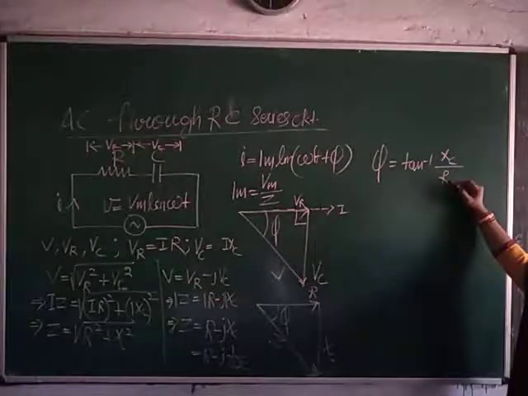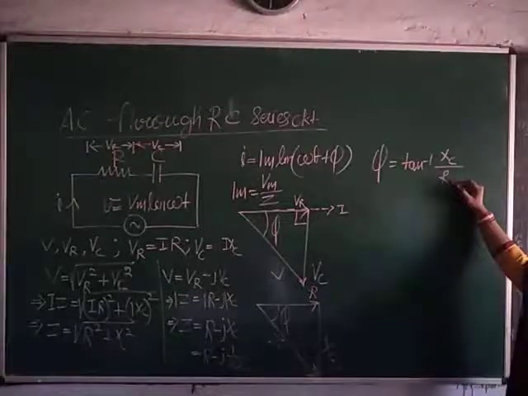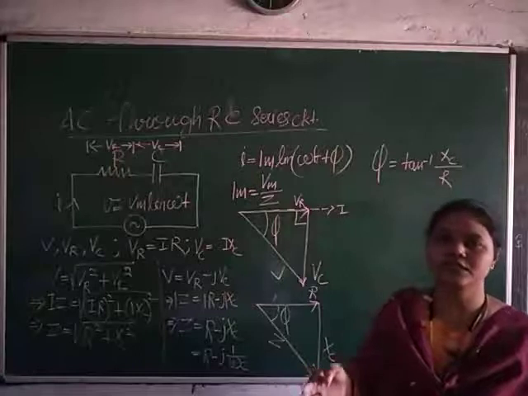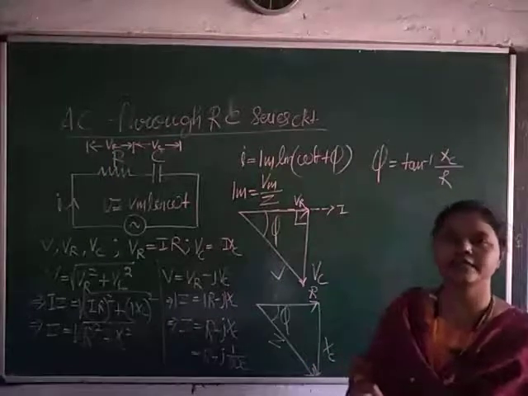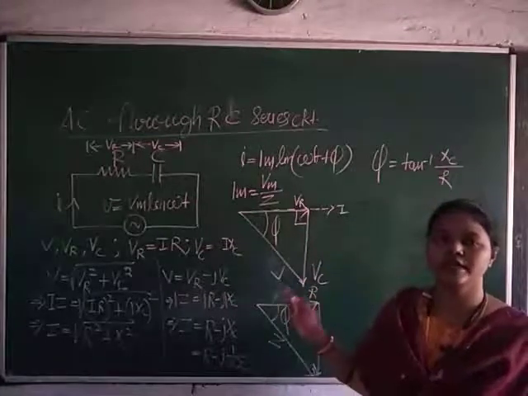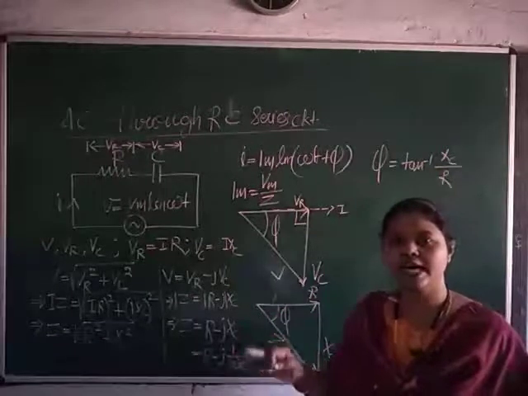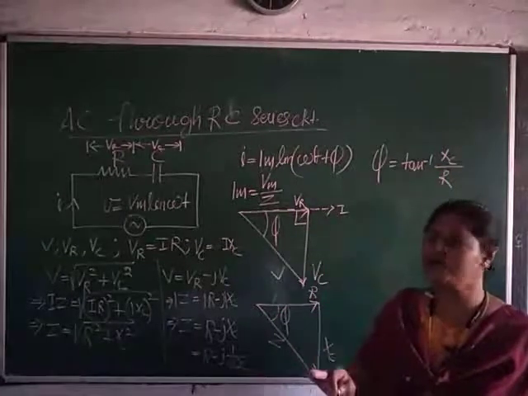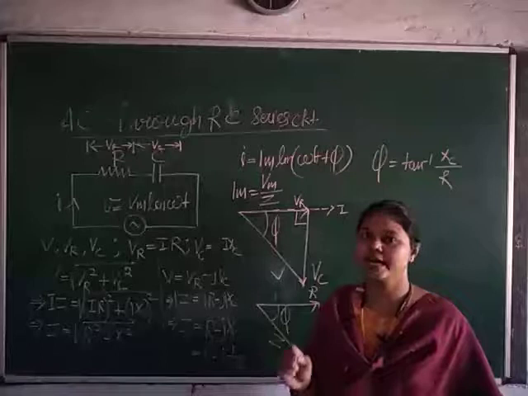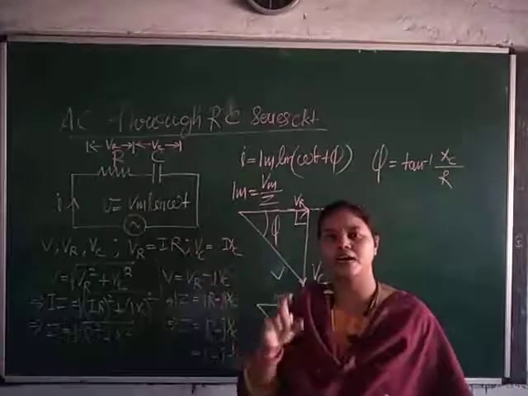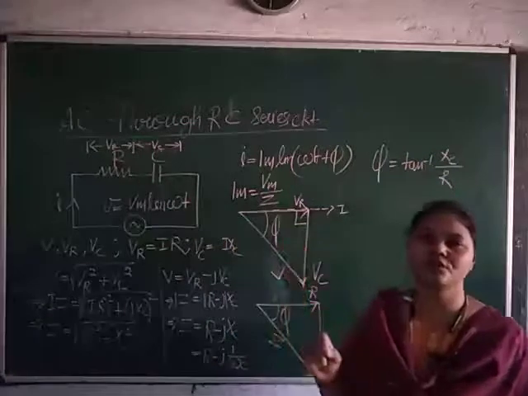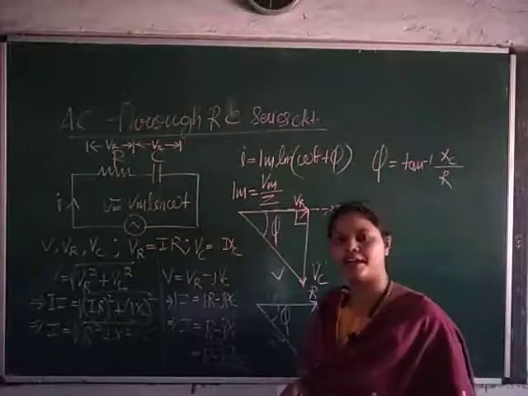Next, we derive the power for an RC series circuit. Students, in the case of the RL series circuit, I derived the instantaneous power, and after that I derived the average power. That is one method. Here I use another method, which is the easiest one. As you have learned, the average power consumed by a purely capacitive circuit is 0. Hence, in this case, you are very clear that the average power is consumed only by the resistor. So instead of using the trigonometric formula, I directly use the second method to find the average power.